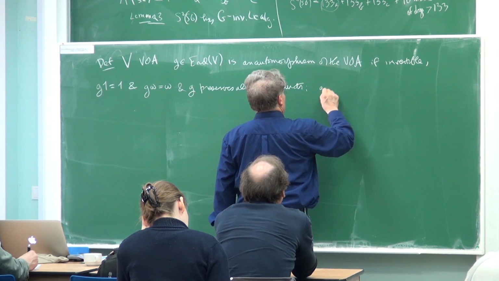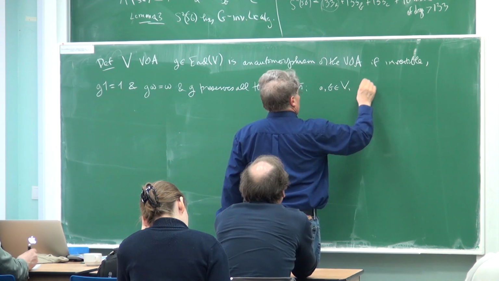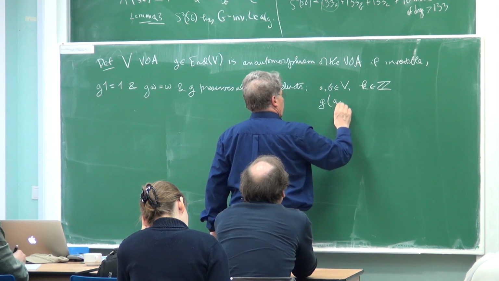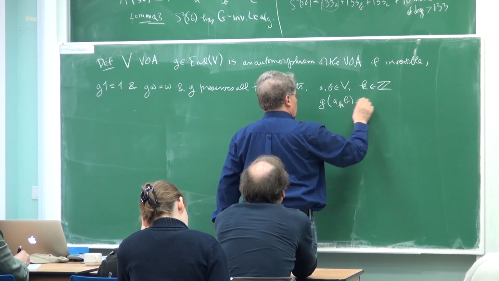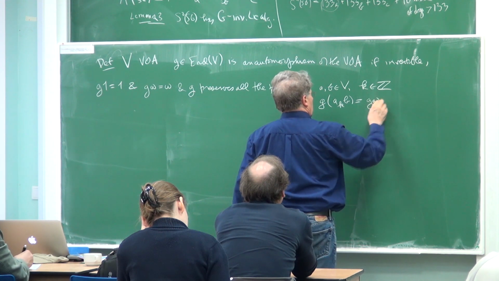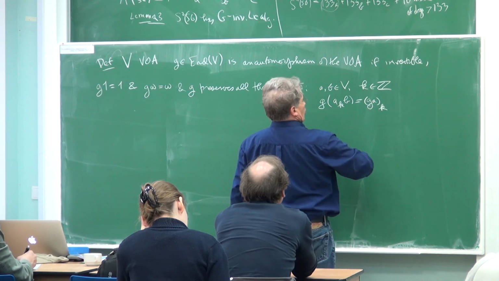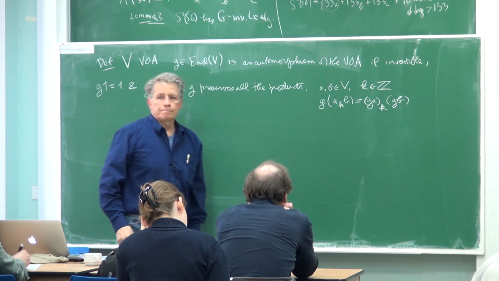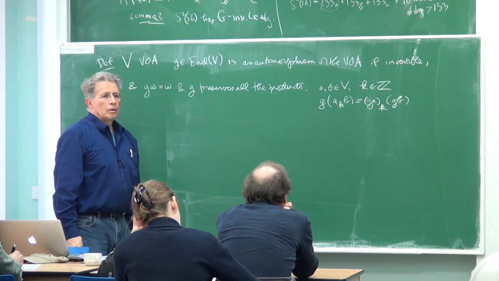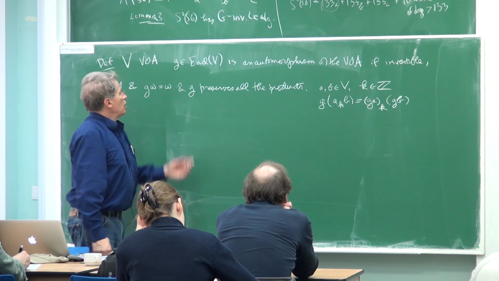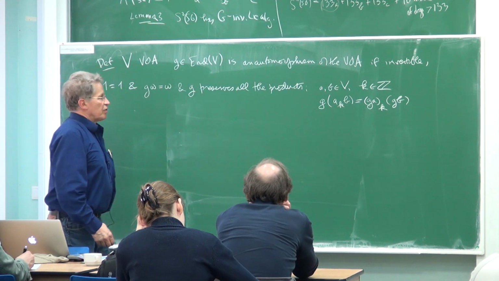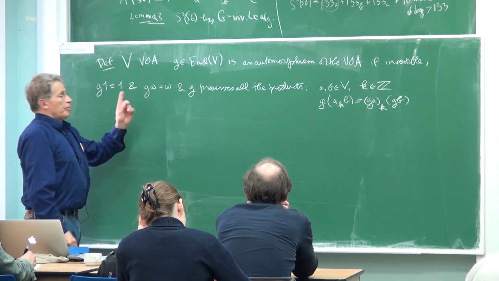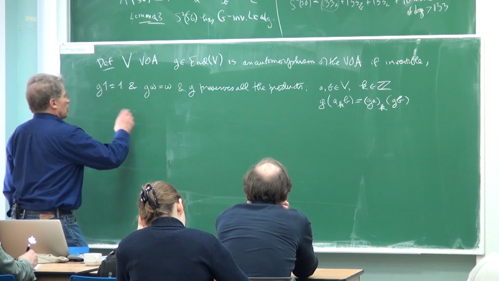If you have A, B in V, and k an integer, then G of the kth product of A and B should be the kth product of GA and GB. Okay, and the set of such G forms a group. It's pretty obvious. Should it preserve grading? Yes, but that's a consequence of